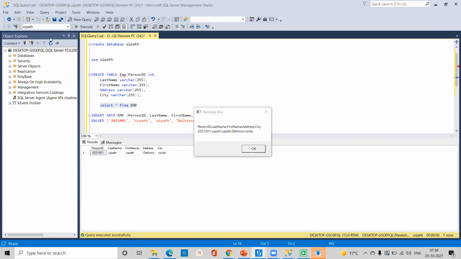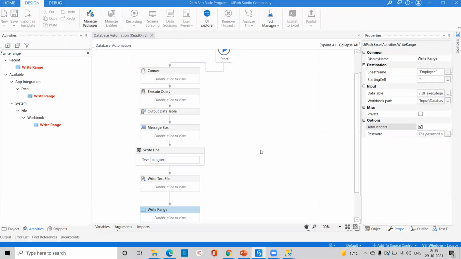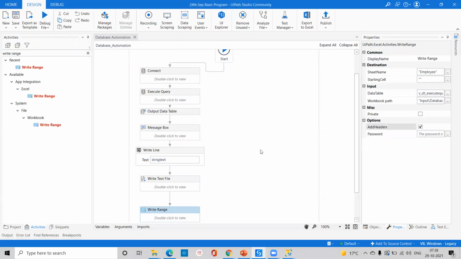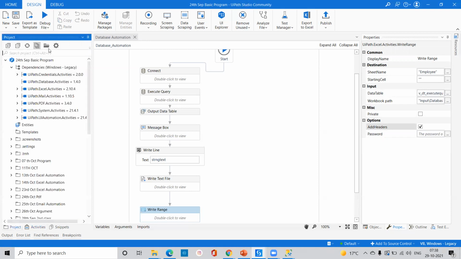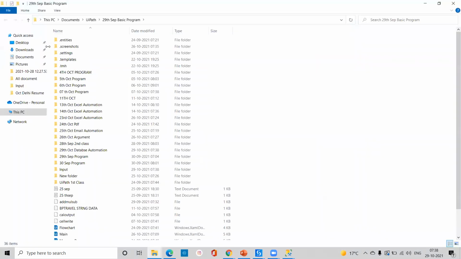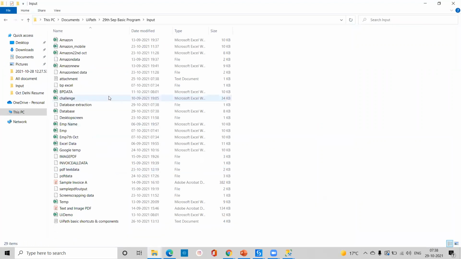We are getting here person ID, last name, first name, address, city. So each and everything we are getting here. I will show you the notepad also, and I will show you the write range Excel sheet also. Okay, let me go here into the project panel. I'll go for file explorer, and in file explorer we'll go for the input folder. In the input folder we have given the name called database.